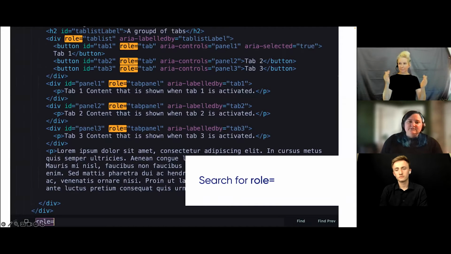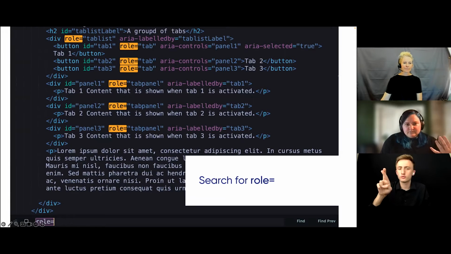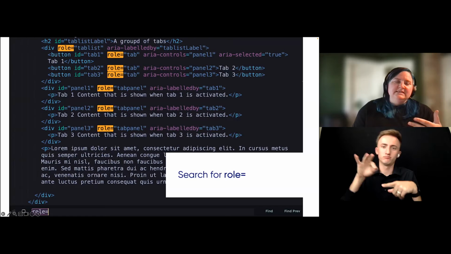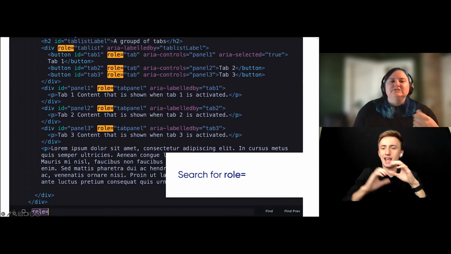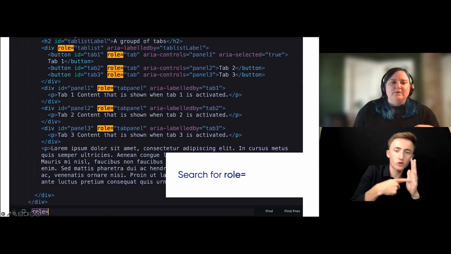I probably want to check some things in the browser running this code as well to just make sure that it is functioning in line with what the ARIA specs suggest, what the expected user experience is, right? And all the roles, states, and properties are there and being toggled appropriately.